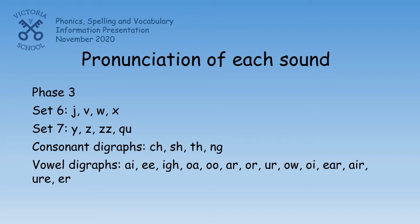And finally, Qu. The consonant digraphs that the children will learn are ch, sh, th, which they need to say with their tongue out, and ng. And the vowel digraphs are A, E, I, O. And this next one with 2 O's can be U or R. This next one, which is OW, can be O or ow. Oi, ear, air, your, and